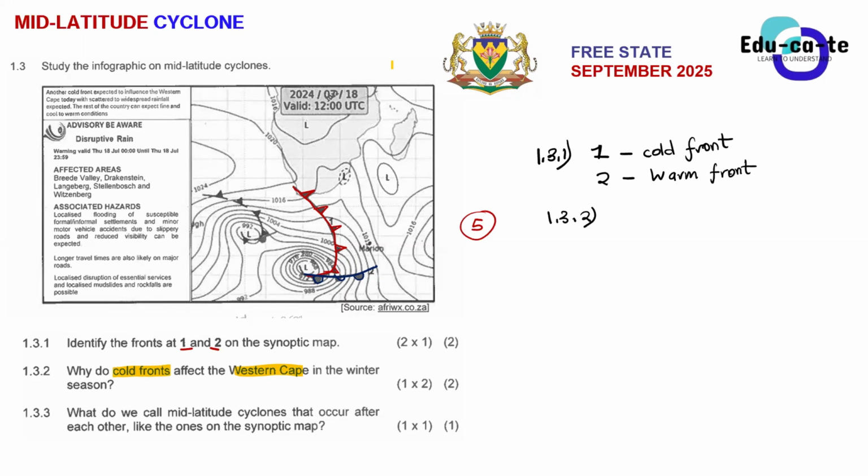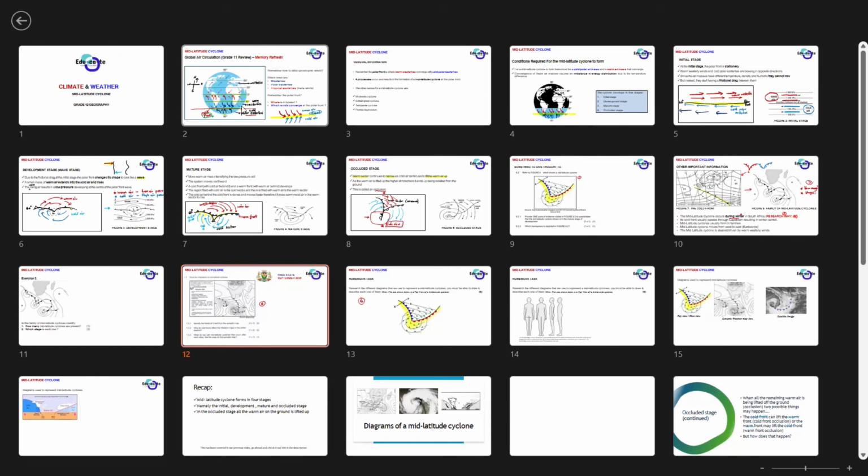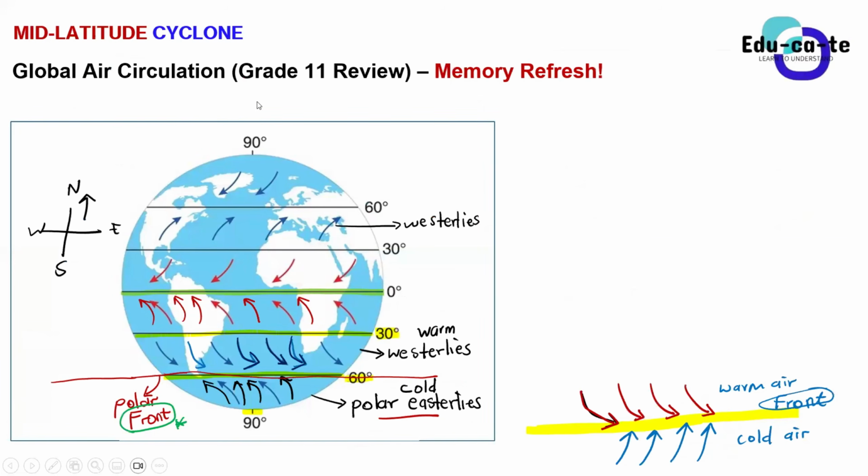But now the question, do you understand what the answers are saying? No. Yeah, so you guys simply went to Google and searched why do cold fronts affect the Western Cape. Then Google gave you a couple of options, right? Yes, sir. Good thing that you admit it, okay? Guys, remember the motto for this whole channel is to learn to understand. So try your best to develop an understanding of something. But let's go back a bit so that you understand why mid-latitude cyclones affect South Africa in winter.